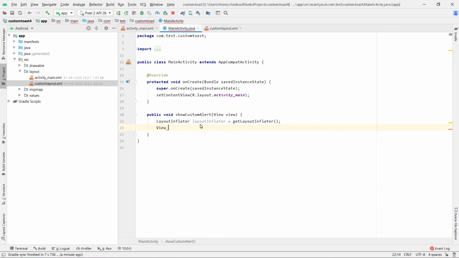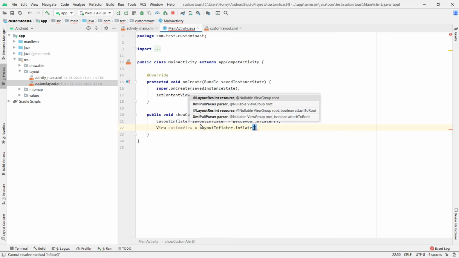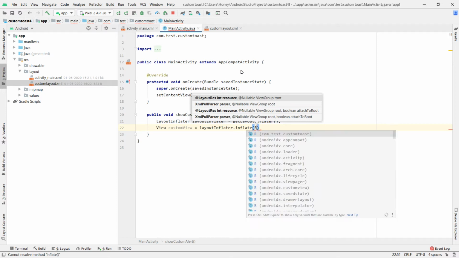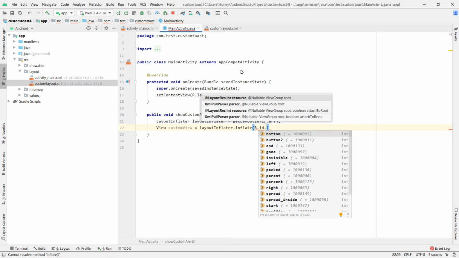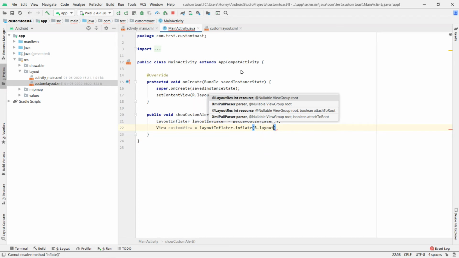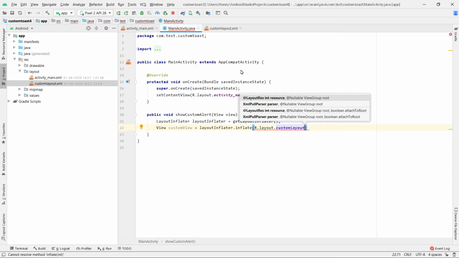View, I'll give the name as custom view, and with the help of layoutInflater.inflate, there are two parameters required: resource, that is a custom XML resource. We will provide the custom layout.xml as the resource. Let R.id, sorry, not id, R.layout.custom_layout. Yeah, this is our XML file.